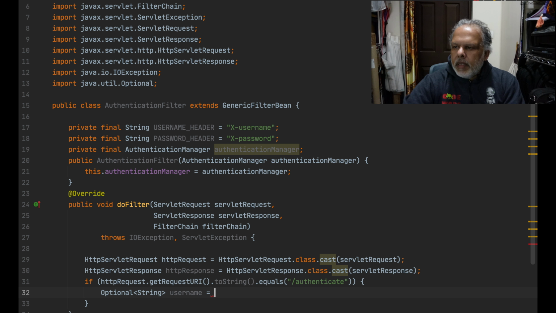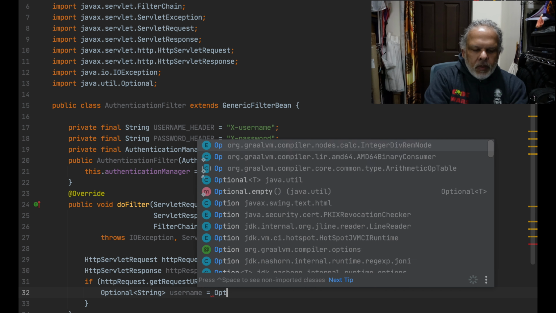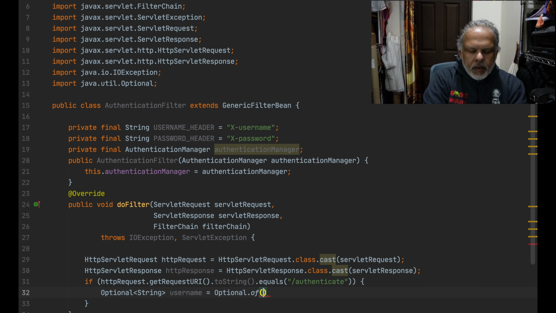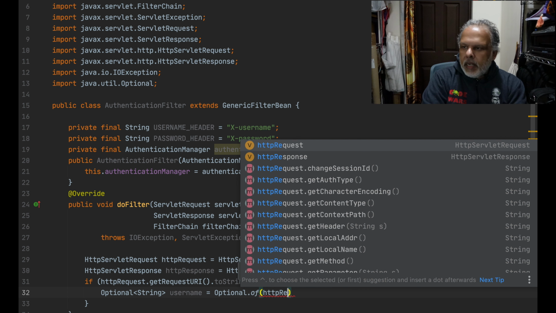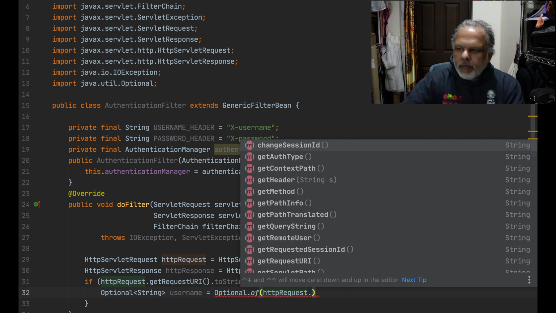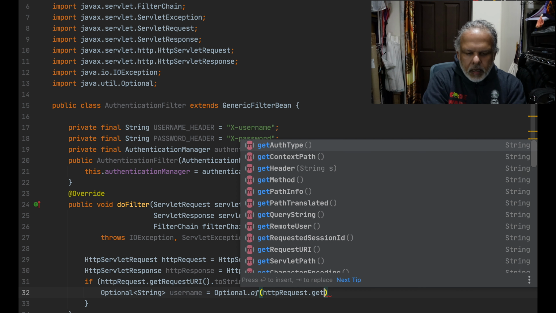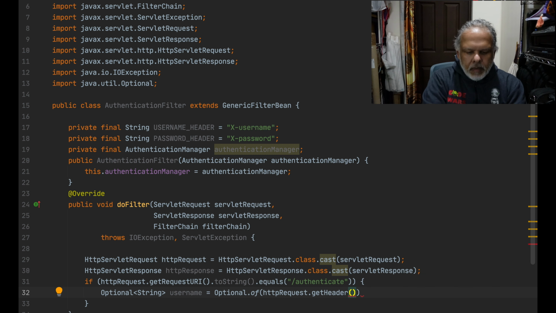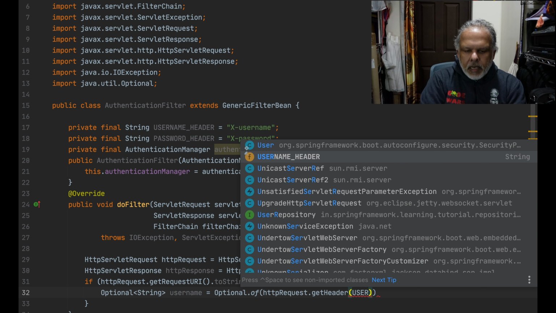now the header is available within the request. So basically we can do Optional.of(httpRequest.getHeader) and we pass the username header,